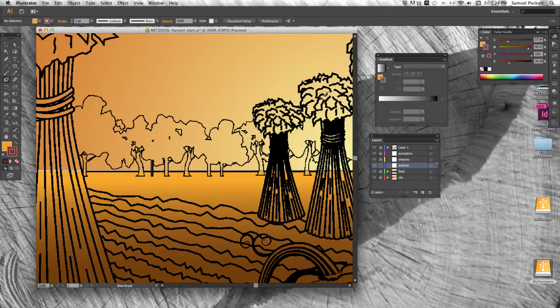I'm going to zoom in a little bit and then start painting the tree line. And don't worry if you go over the dark lines. They will show back up because they're on that layer 1 that's locked and above everything. Alright, so you get the idea